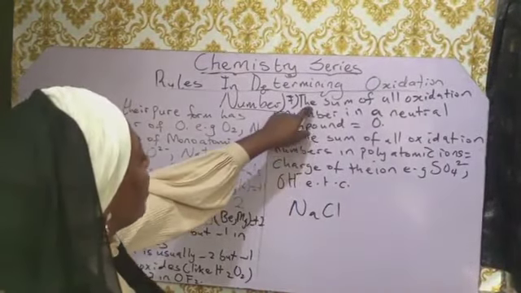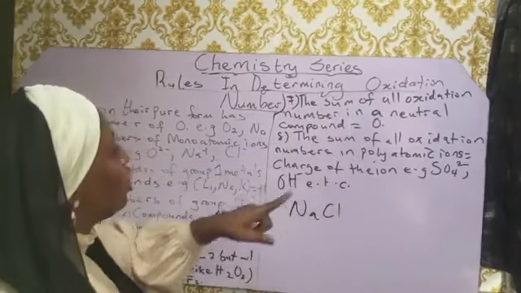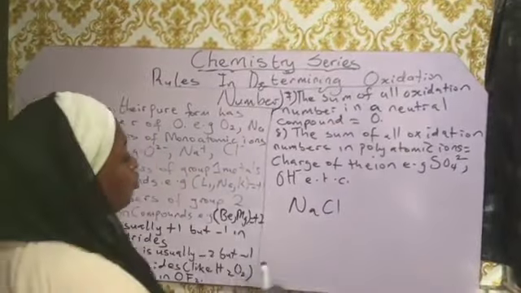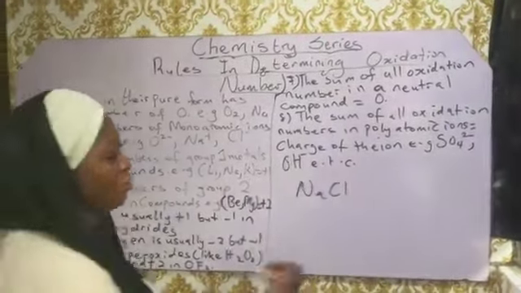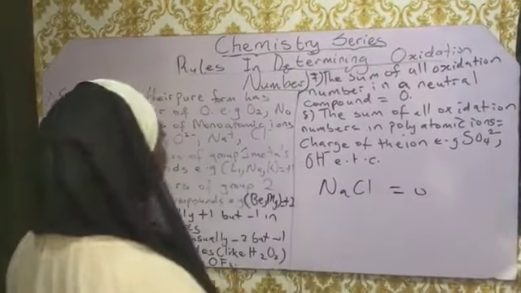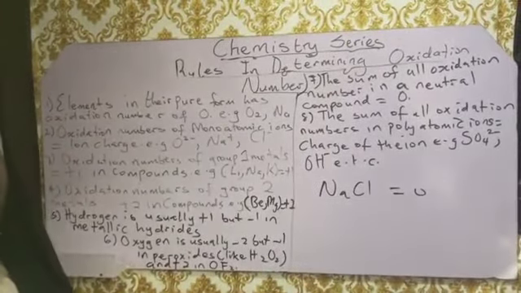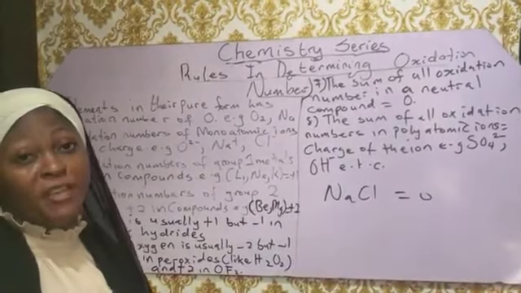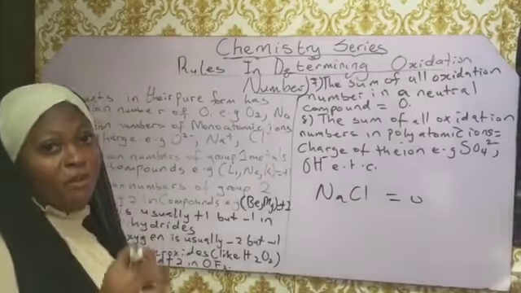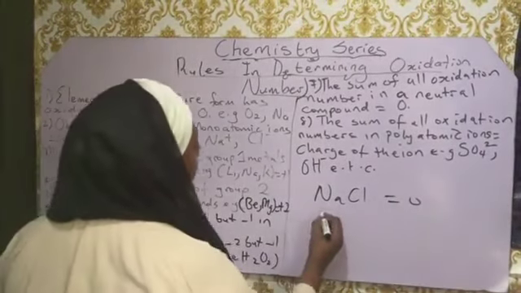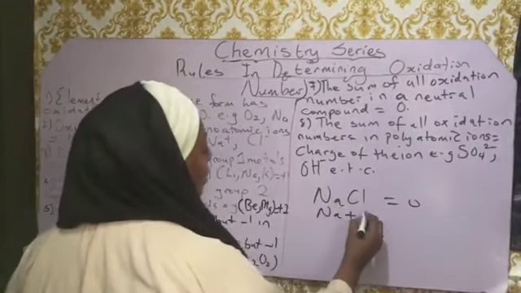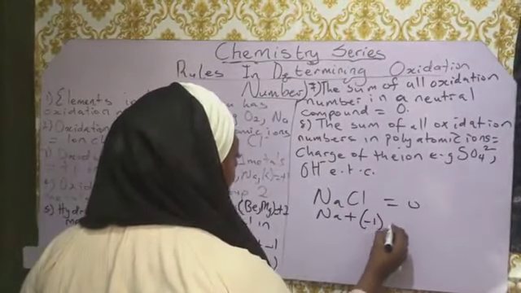Rule 7 states that the sum of all oxidation numbers in a neutral compound is equal to 0. This is a neutral compound. So when you add up all the oxidation numbers, you should have 0. Now, chlorine has an oxidation number, a charge of -1. So let's assume we don't know the oxidation number of sodium. We want to calculate it. So let's say sodium plus, remember we said sum, and chlorine has oxidation number or charge of -1